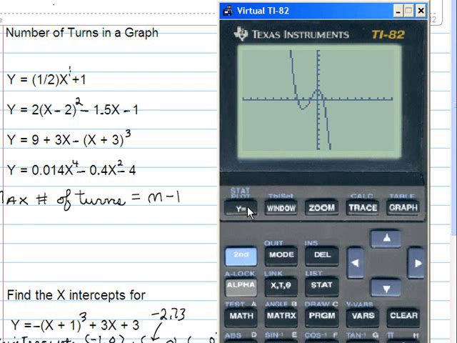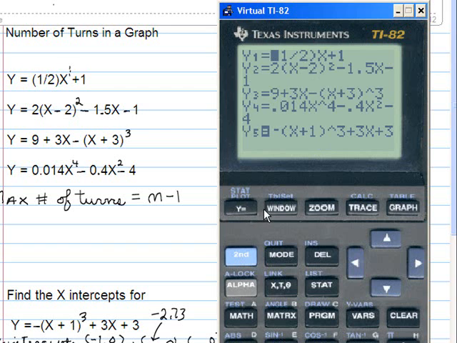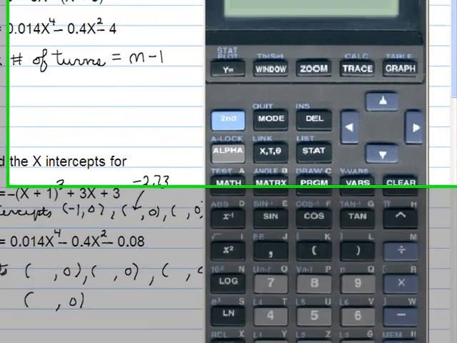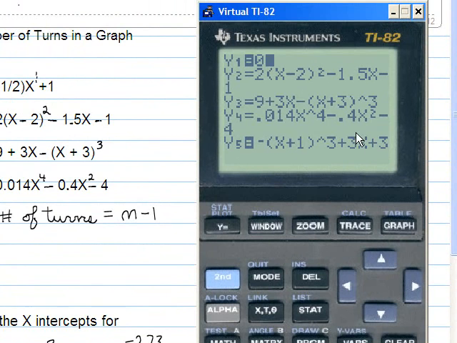I hit y =, and what I'm going to do is I'm going to get rid of this first function by hitting clear. I don't need it anymore. We're not going to graph that one anymore. And I'm going to replace it with this simple function y = 0. Now y = 0 is the x-axis. So when I graph this, 2 functions are going to graph. The cubic function that had 2 turns, this one here, number 5, and the y = 0,